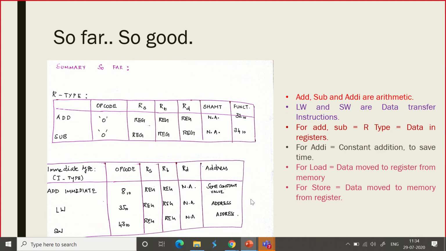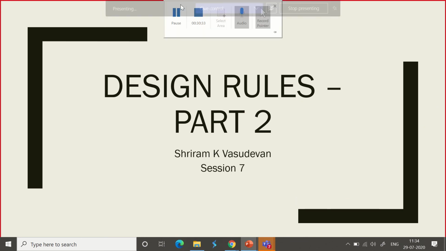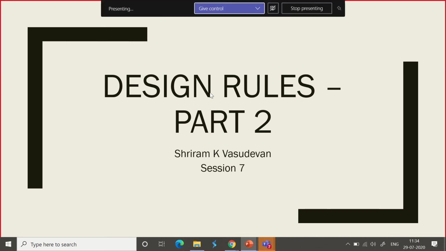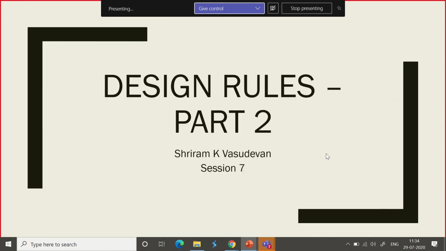Now remember, we have completed R type and I type fundamentals. Just the fundamentals. We didn't get into the depth of it. We have completed the fundamentals and we need to go a bit more detailed into it, which we are going to go right now. Till now, is there any questions? I want you to speak to me if you have questions. Please let me know if you have questions. Any questions, kids?